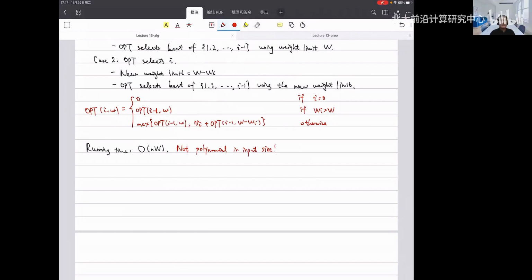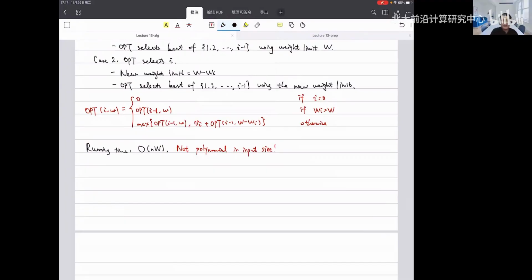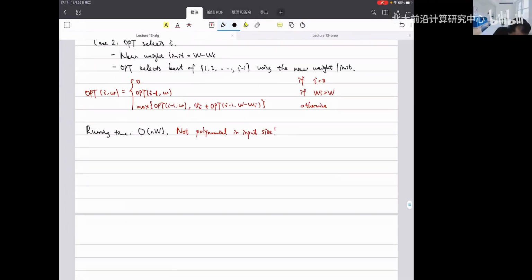And in particular, we have this W here. Just imagine a case where, for instance, the value and the weight are just huge. So for our convenience, let's talk about a case where the items have very large values. So maybe let's say that,